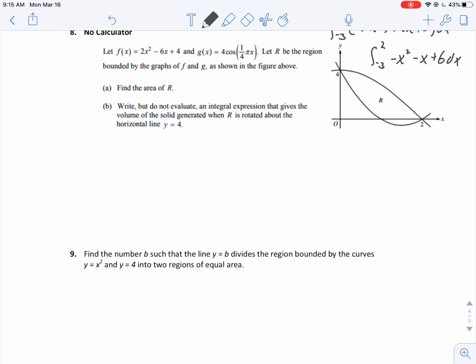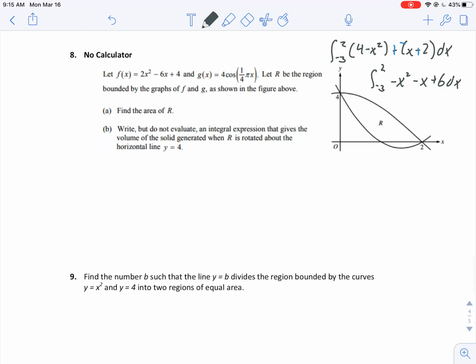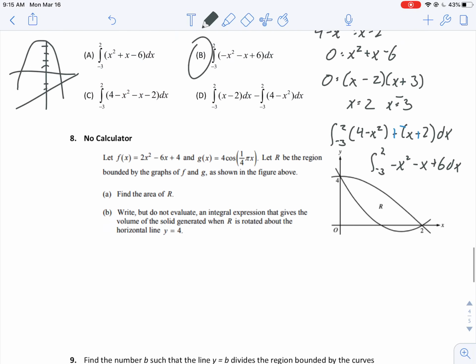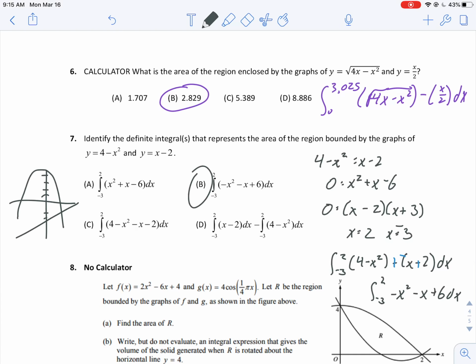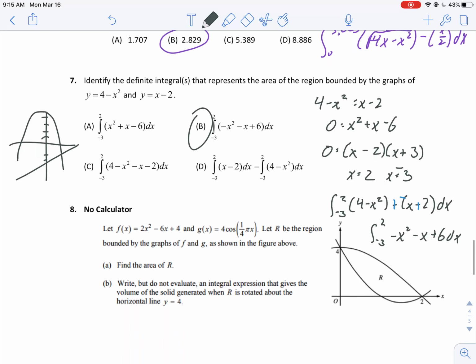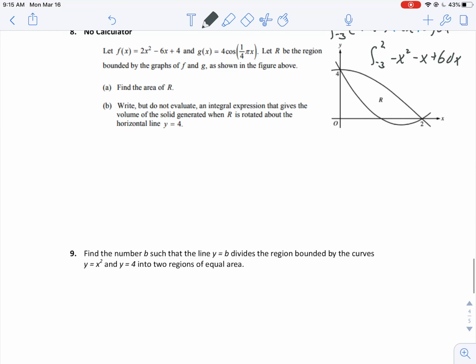All right, I'm going to save numbers 8 and 9 for tomorrow because this is already a very long video. So I'll work out numbers 8 and 9 tomorrow, and maybe I'll revisit number 6 if I can find a regular graphing calculator or type it in differently. So that was our first part of the lesson on the area between